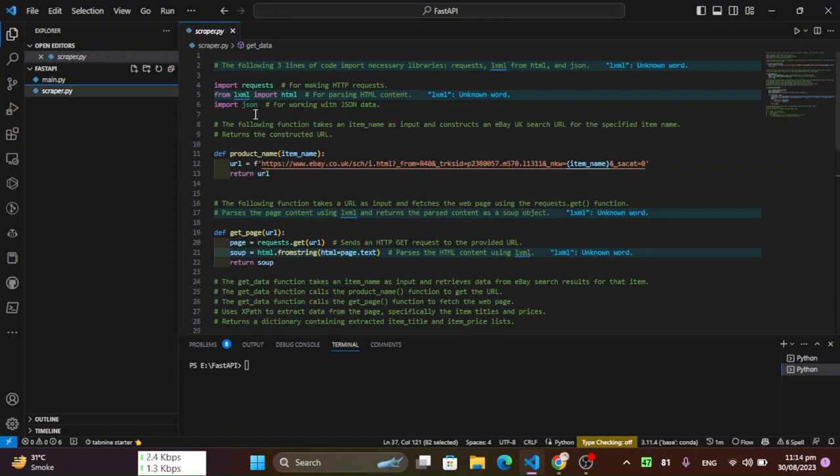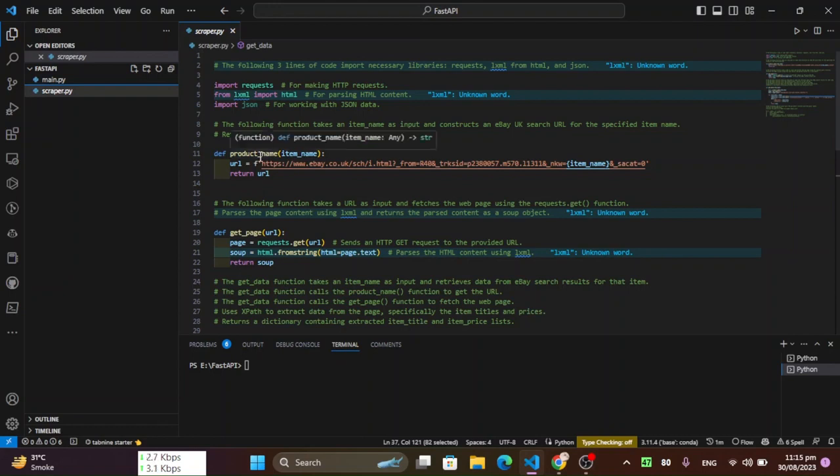In this file, we are importing necessary libraries like requests, lxml, html, and json. Requests is for making HTTP requests. From lxml, we import html for parsing HTML content, and we import json for working with JSON data.